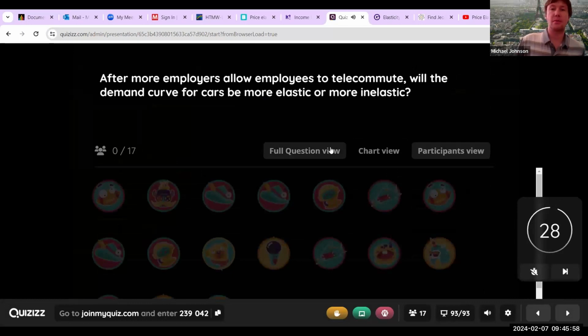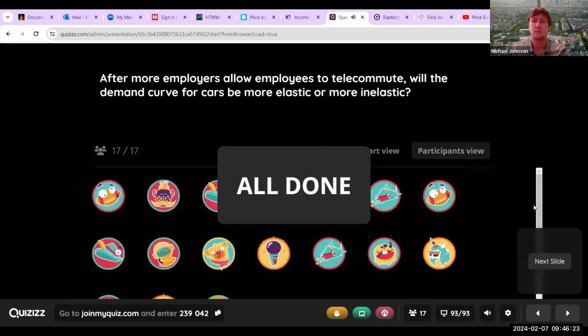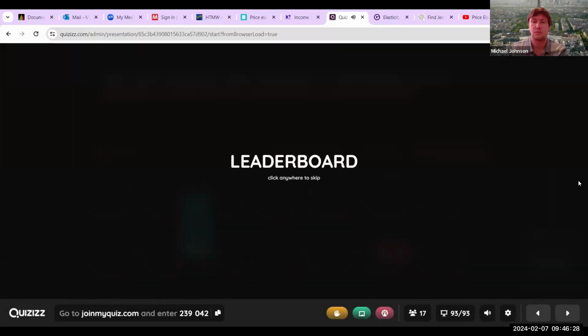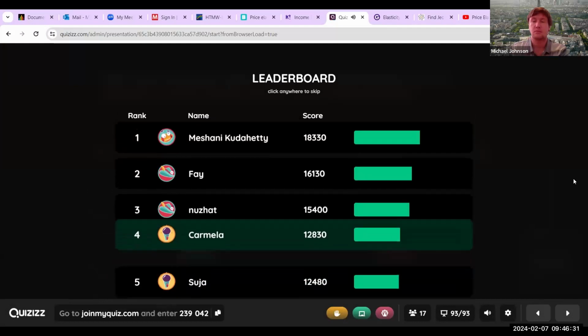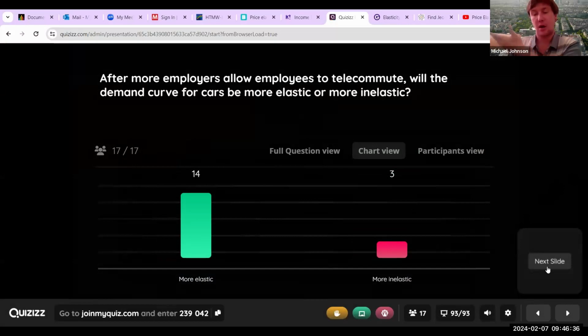After more employers allow employees to telecommute, will the demand curve for cars be more elastic or more inelastic? More elastic, because you don't need a car anymore because you're